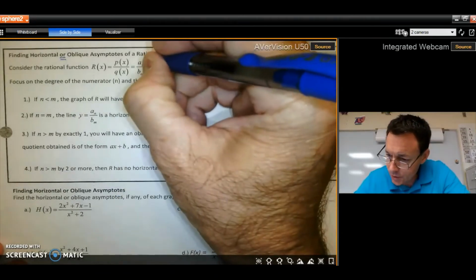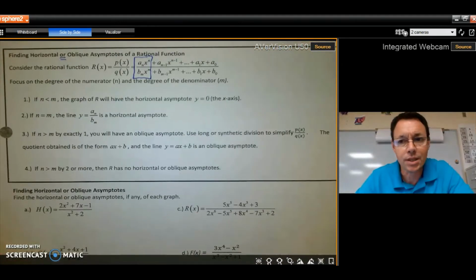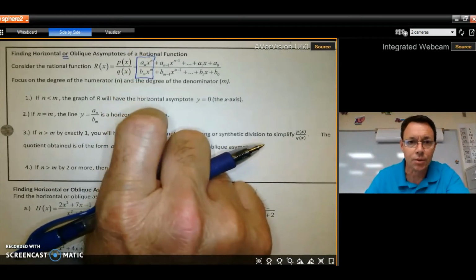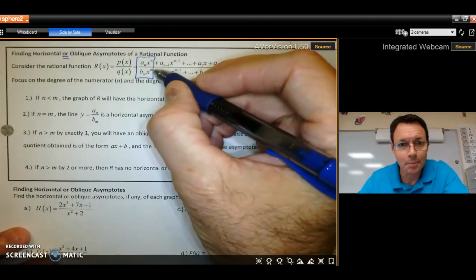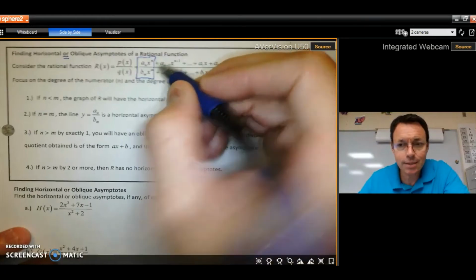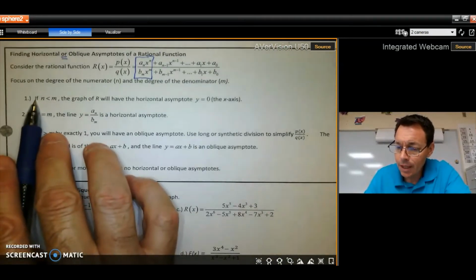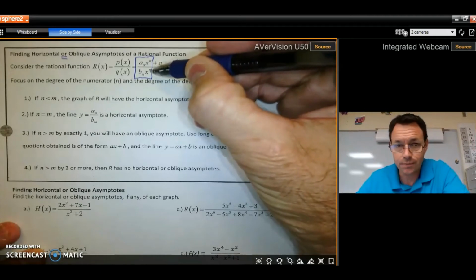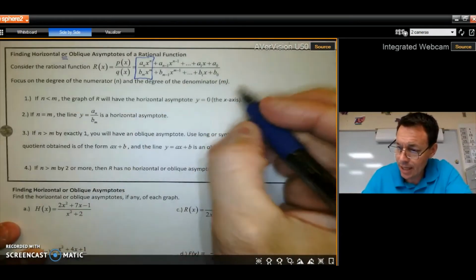Well, here's the trick. First off, this is the only thing we're going to look at. So it doesn't really matter how big and crazy they make this function look. All we're going to look at are these two leading terms. And then even more importantly, we're just going to look at these two exponents, the n and the m. So n is the exponent of the numerator, and m is the biggest degree or the exponent of the denominator. So if n is less than m, if this number is smaller than this number, doesn't matter what they are, okay? Just if this is smaller than that, then the graph will have a horizontal asymptote at y equals 0,